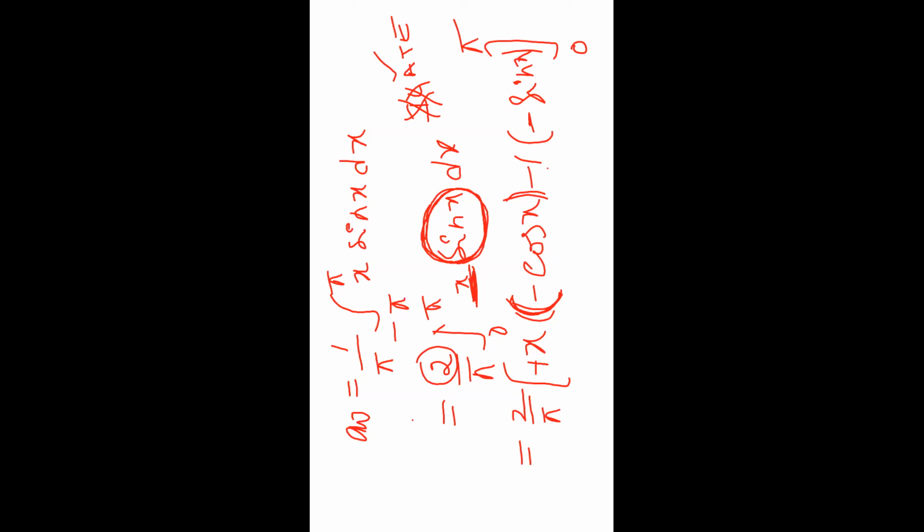Last class I told: sin 0, sin pi, sin 2 pi, sin 3 pi, all full angles are 0. So in this situation, we substitute the upper limit of sin, sin pi is 0, and the lower limit sin 0 is also 0. So simply the sin function cancels from the substitution of limits, and we write the constant terms on the right side. Already 2 by pi is constant and the minus is also written outside. So minus 2 by pi and the remaining term x cos x in the limits 0 to pi.